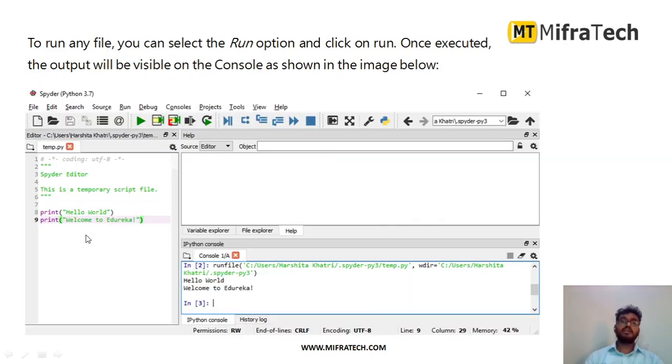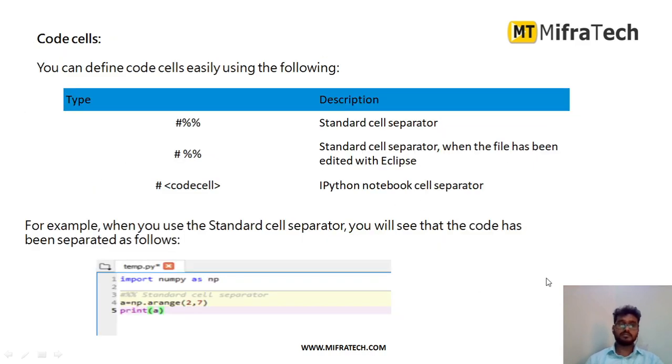After writing the code, how do you run it to get output? After writing your code, there is an option called run. If you click on that, or on this start button, you are going to get the output in the console. This is how we run code using Spyder. As you can see, there are different menus like file, edit, search, source, run or debug of the projects. So these are the different options available in the Spyder IDE.